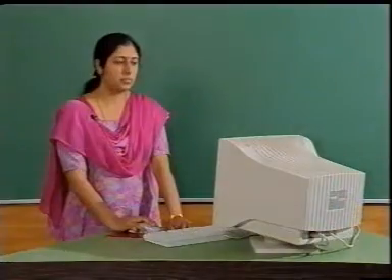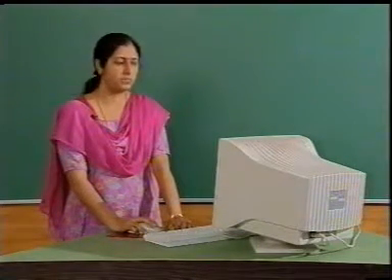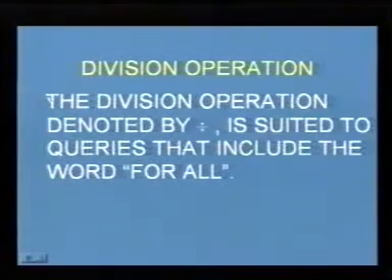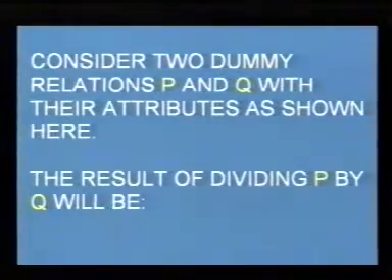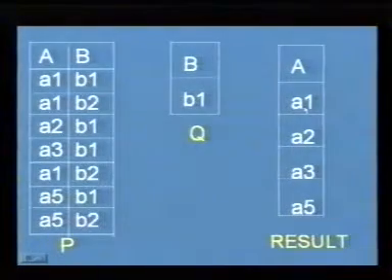Division operation. The last operation to be discussed is division operation. The division operation is denoted by the divide sign. It is suited to the queries that include the word for all. Let us consider that there are two dummy relations P and Q with their attributes as shown next. Now, if we divide P by Q, the result will contain the attribute A with the values A1, A2, A3